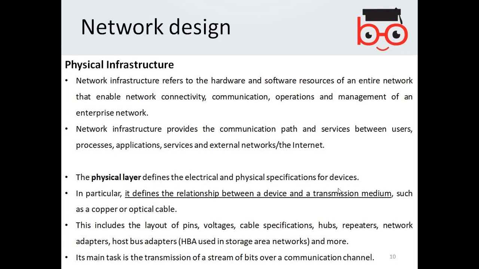This includes the layout of pins, voltage, cable specifications, hubs, repeaters, network adapters, host bus adapters, and many more. Whatever the networking equipment would be used, its main task is the transmission of a stream of bits over a communication channel. So for the proposition of a network solution, you should also have a good understanding and knowledge